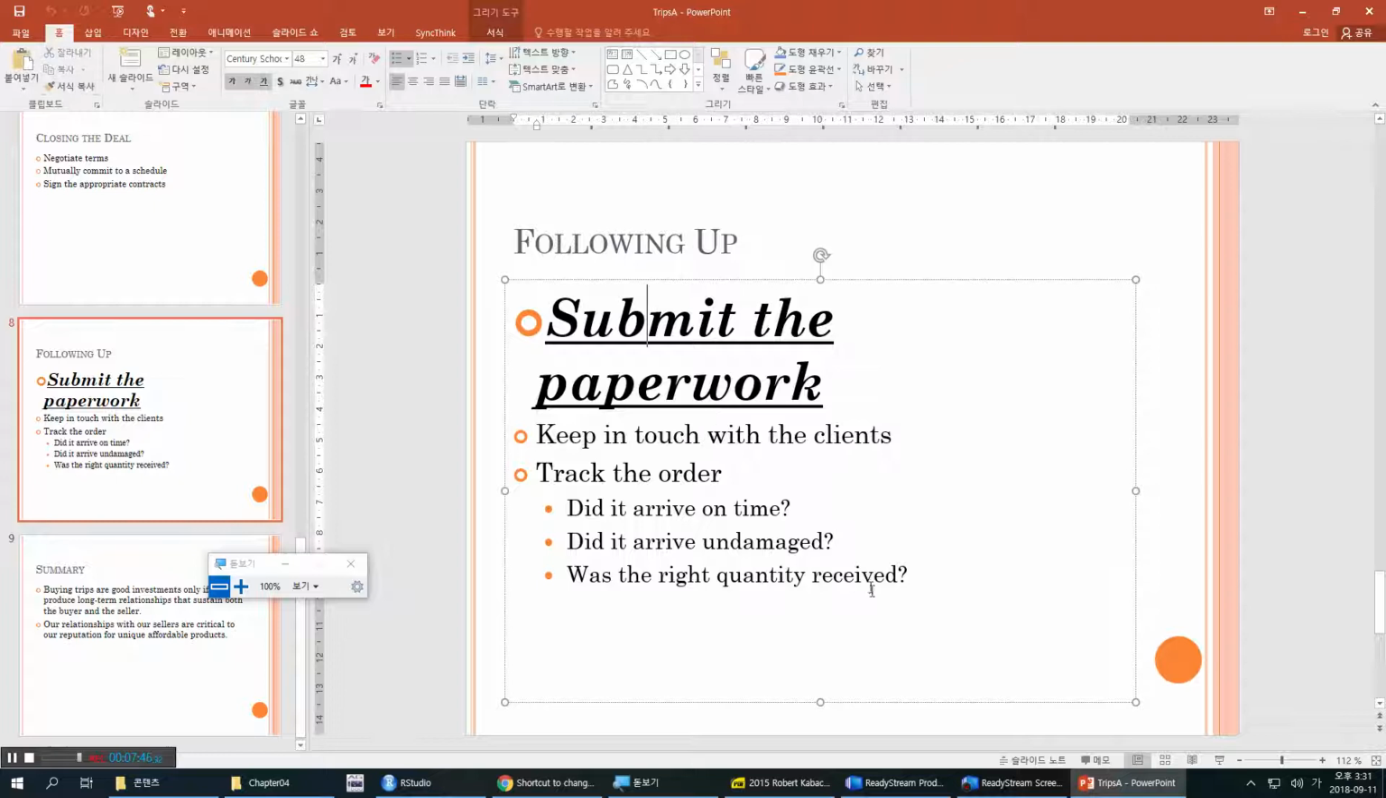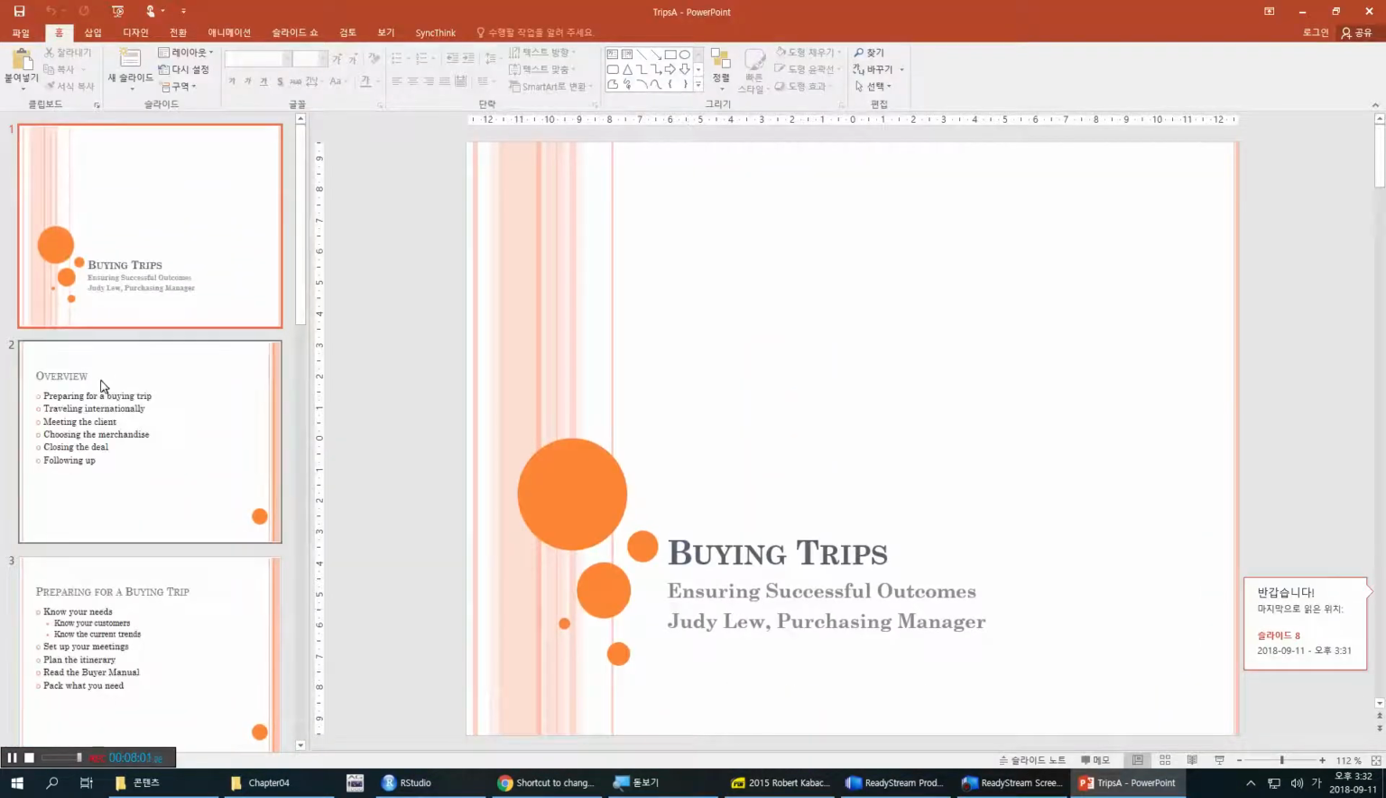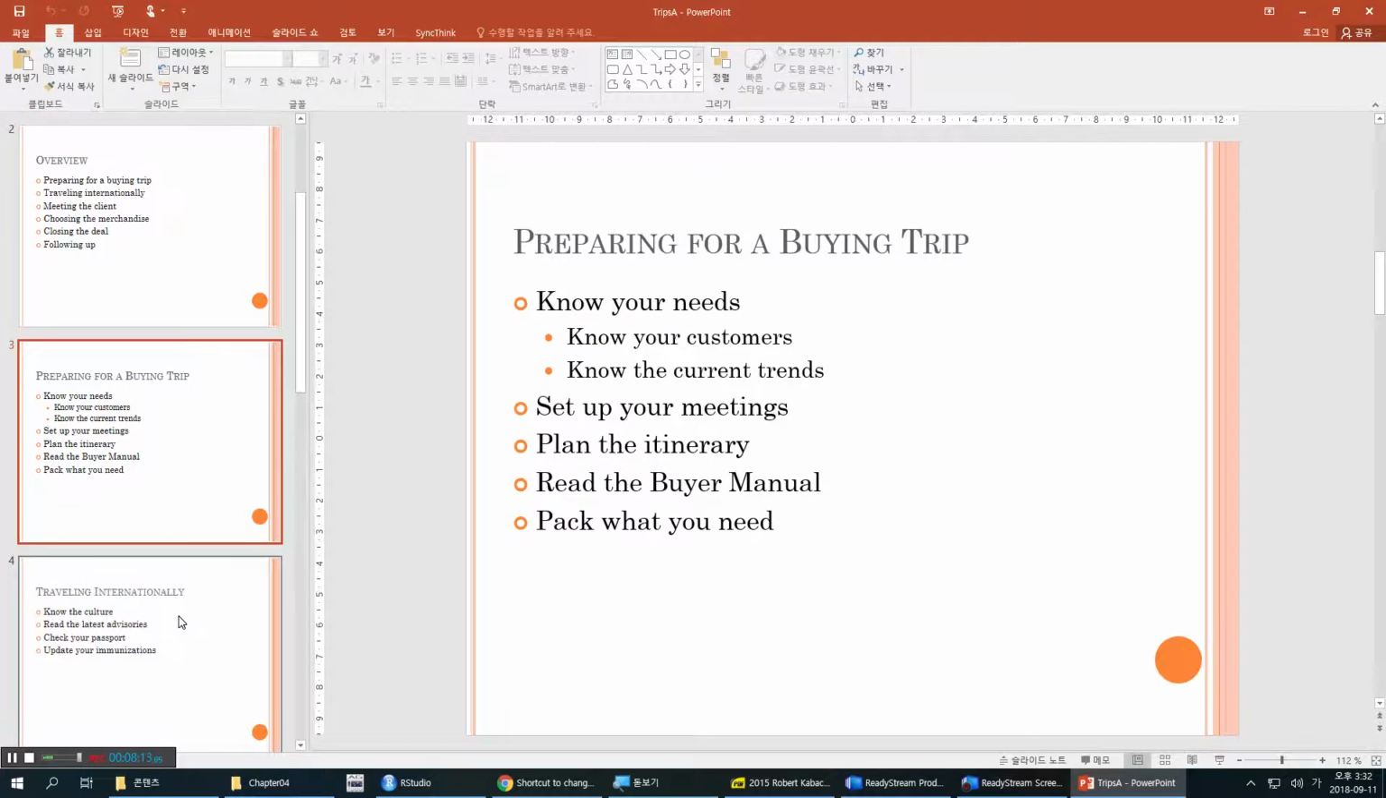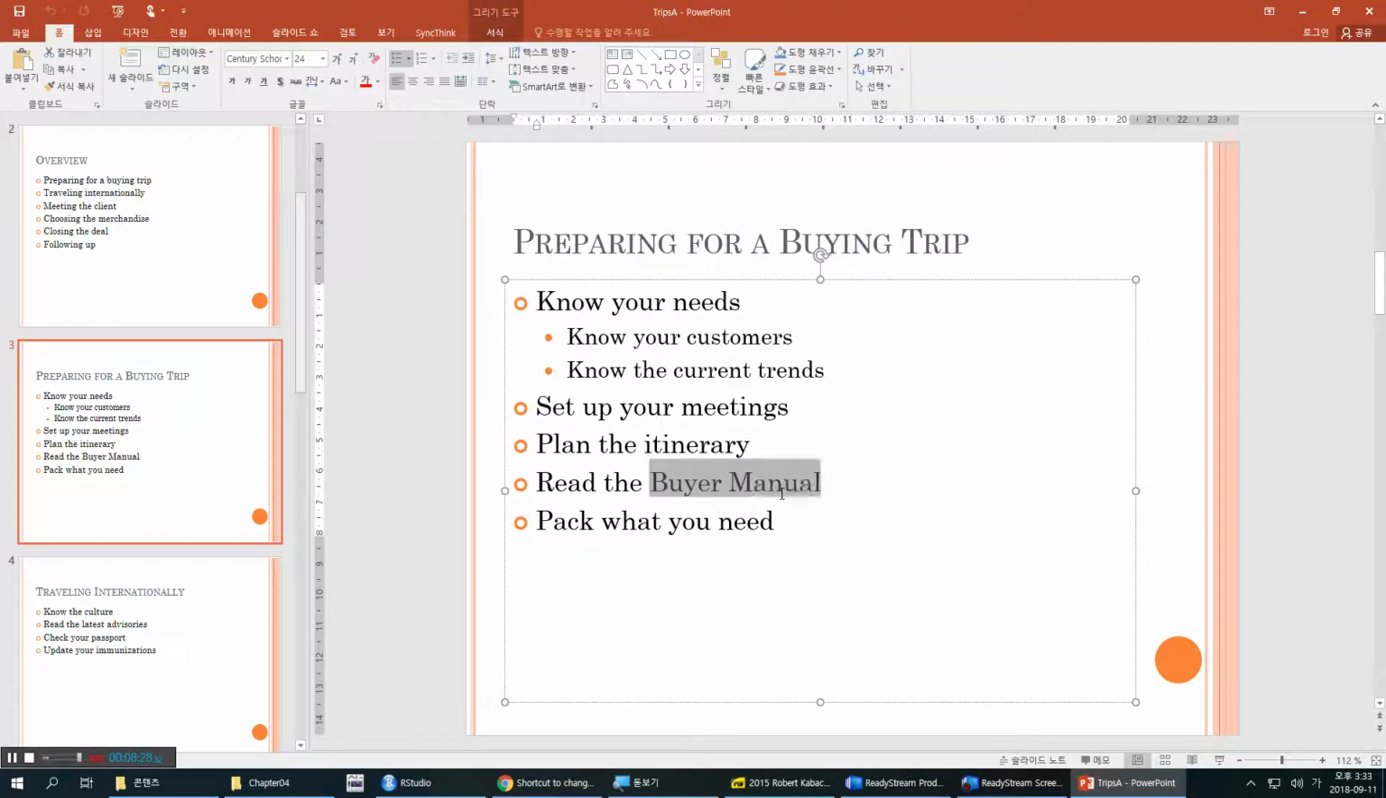To change this file again, because the file was changed and saved in that way, and now I need the original file. So let's go to slide 3, and there in the 4th bullet point, select the buyer manual. So buyer manual,